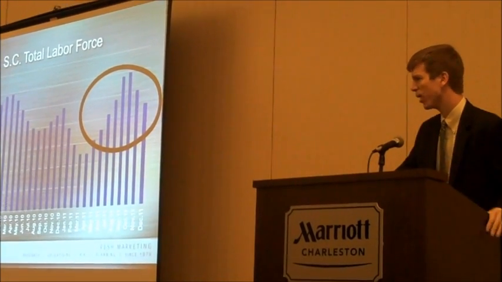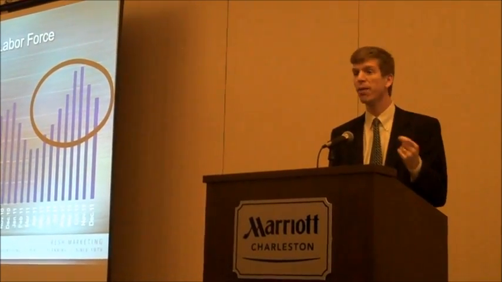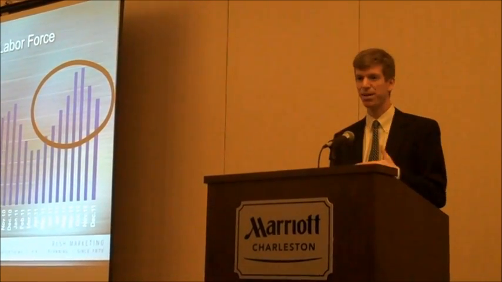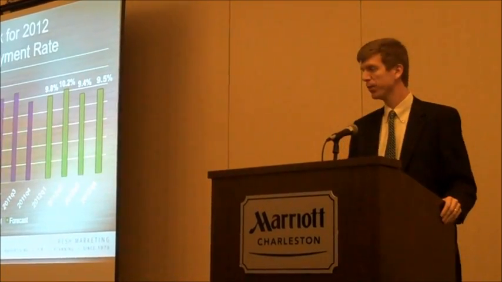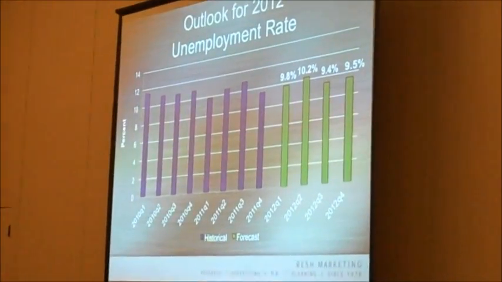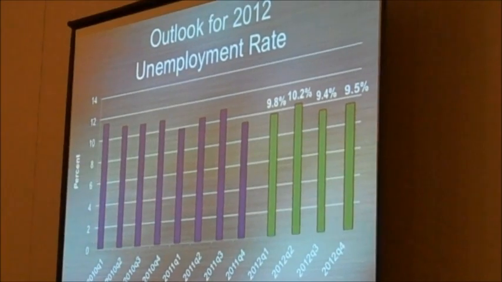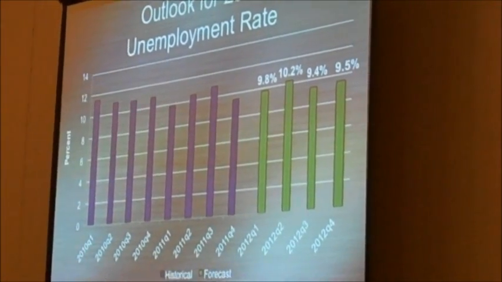So why am I telling you this? Why is this important? The reason is that when you see the unemployment rate go up or stagnate, that doesn't necessarily mean a stagnant economy. And it's not going to mean that in 2012 either. We have a forecast that we do annually at the Moore School of Business, and here's what the outlook for the unemployment rate for 2012 is expected to be. We're thinking that it's going to be between about 9.5 and 10% over the next year. However, that doesn't mean a stagnant economy.